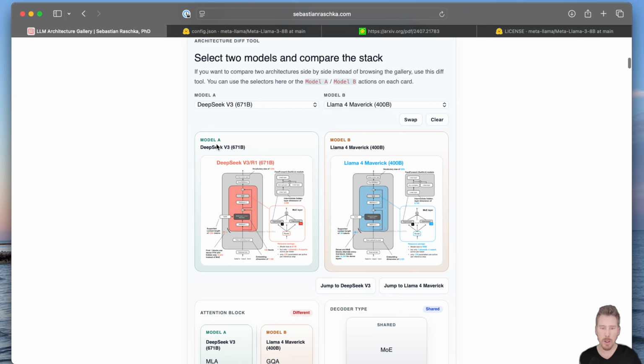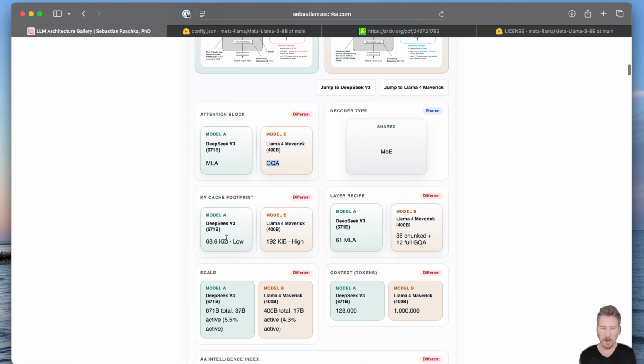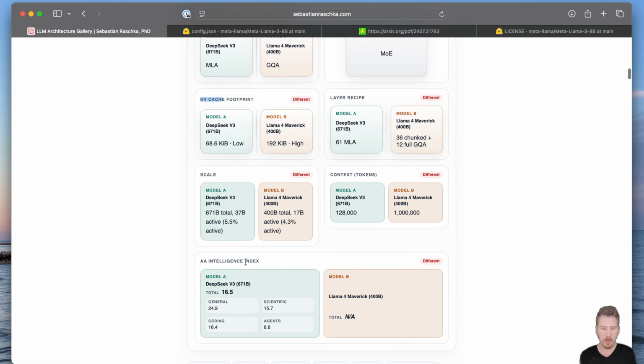So we have a view, model A, model B, and then we can see what's the same. So they're both a mixture of experts. They have different sizes though. DeepSeek version 3 uses multi-head latent attention. Model B uses grouped query attention. And there's an estimate of how big the KV cache size is. I will get back to that in a moment, but basically you can see a comparison here